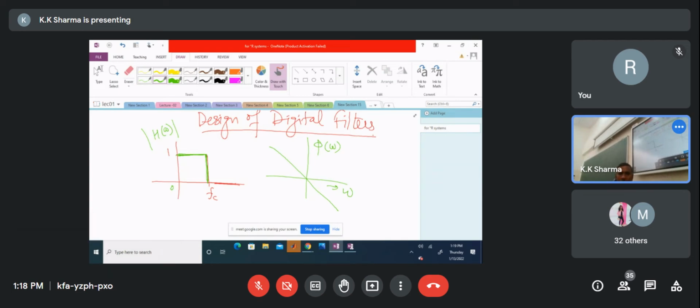Whereas with these two, that is, if the amplitude response is not flat and the phase response is not linear, there will not be any new frequency generated in the output of the filter. Whatever frequencies are present in the input signal will be the same, except that different frequencies will be amplified by different amounts and different frequencies may be delayed by different amounts. So you will have some delay distortion and some frequency distortion. Therefore, the shape of the output pulse may be different from the shape of the input pulse.